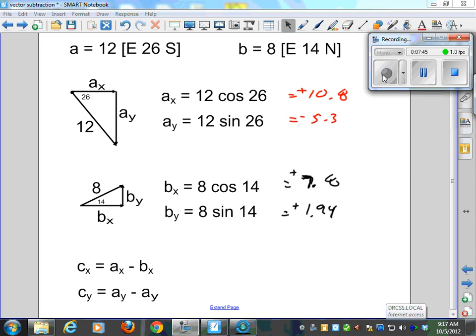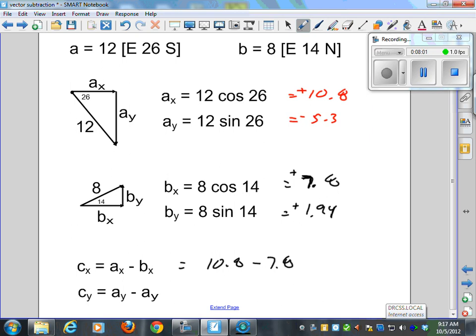Okay, then I set up my subtraction, and all I go is CX is equal to AX minus BX. And that's because of the question, right? I'm subtracting A minus B. So that's simply going to be 10.8 subtract 7.8. Oh, that worked out nice, didn't it? 3. And then CY is going to be AY, which is minus 5.3. Make sure you put subtract, and then,